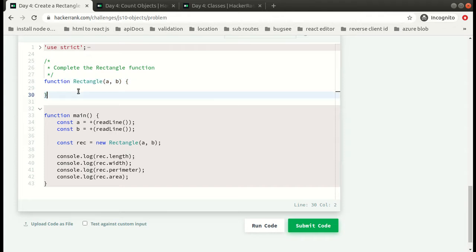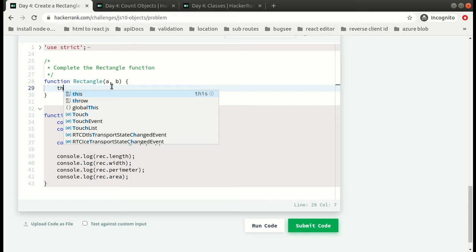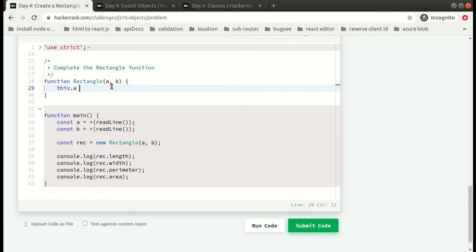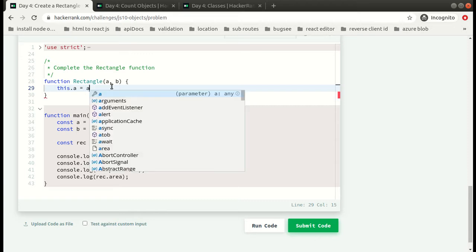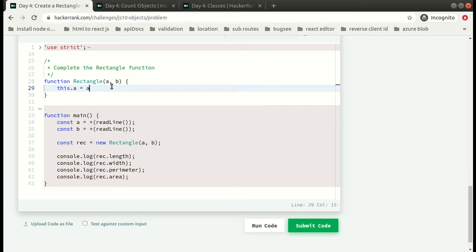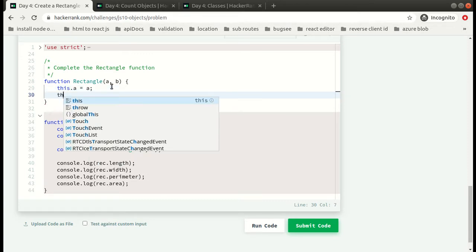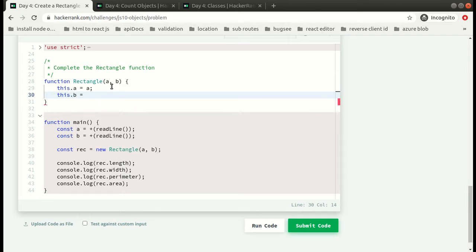Here we have this rectangle function, and here they have simply made the object and they are simply trying to access the properties. So we have to just provide it the required properties. That we can do with the help of the this keyword, like this.a equals a that they are passing, and this.b.